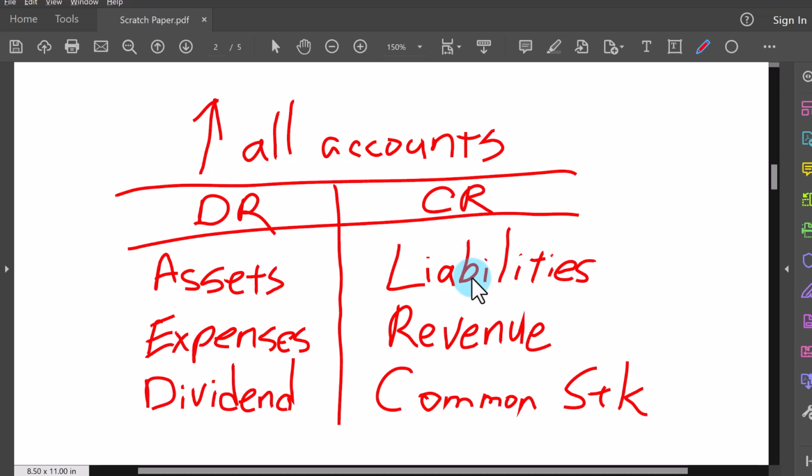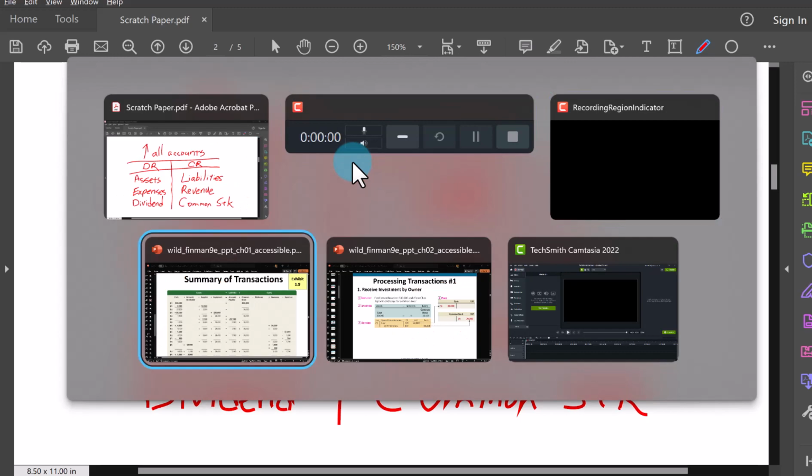And if you pay off the liability, you want to reduce it. So that payoff would be recorded to the liability on the debit side, reducing the liability. Again, what you see on this screen is the rule to increase all the different types of accounts. And you do just the opposite if you want to decrease these accounts. So let's take a look at the first